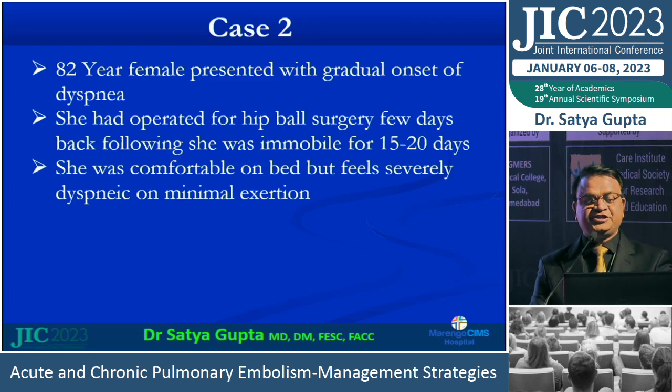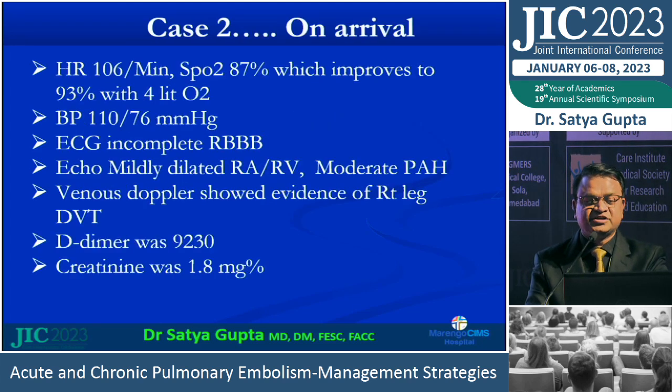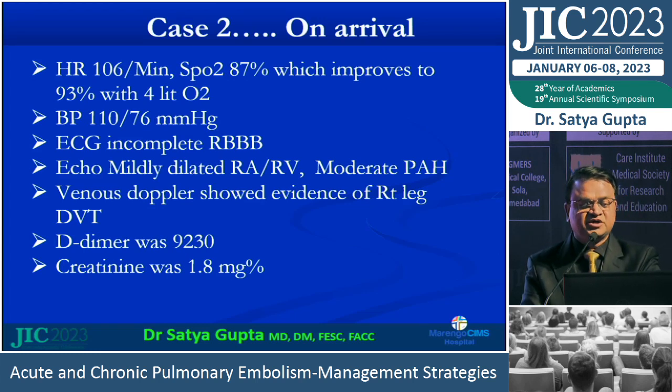Second patient, she was an 82-year-old female, who just recently came to our hospital. She had been operated for a hip fracture, and she was immobilized for 15 to 20 days, and she was comfortable on the bed, but with minimal activity, she used to feel dyspneic. Her heart rate was 107, SpO2 was on the lower side, and with O2, the SpO2 came up to 93%. BP was 110 by 70, ECG was suggestive of incomplete RBBB, echo suggestive of mildly dilated RV,